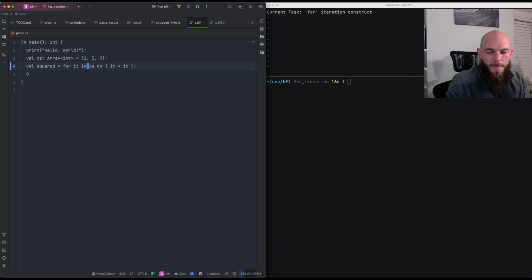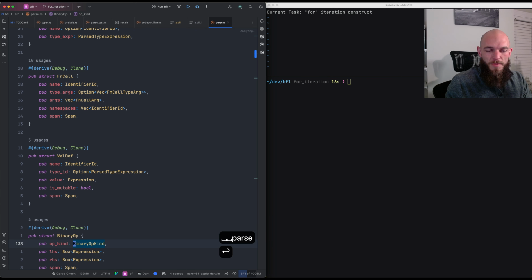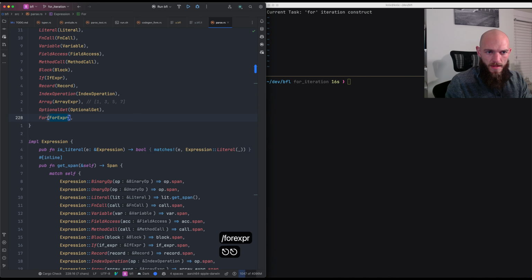I'm not sure how we're going to deal with variables we create during desugaring, and if they're going to collide in scope with user variables and that kind of thing. So I'm wondering if I'm going to get stuck there. But anyway, that's where we are. So let's get right into the parser and reorient a bit here. What we had was this for expr,